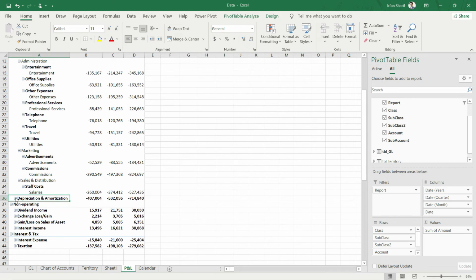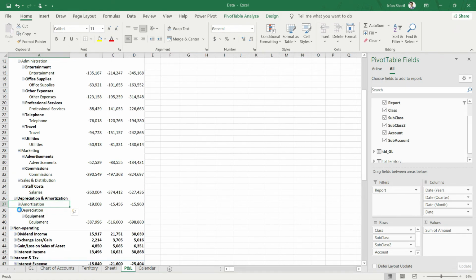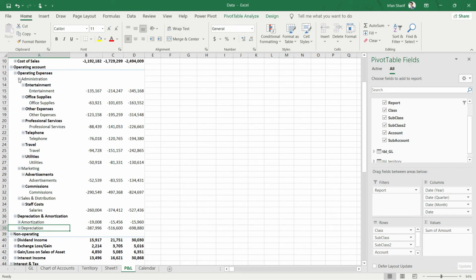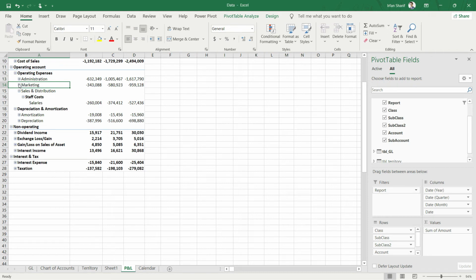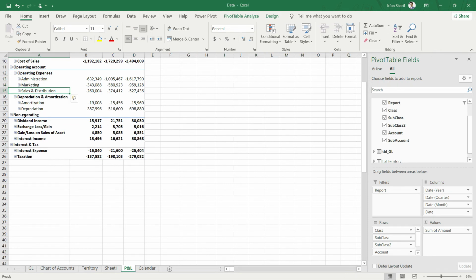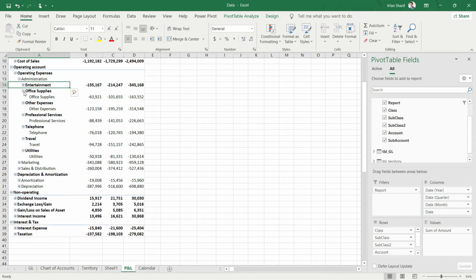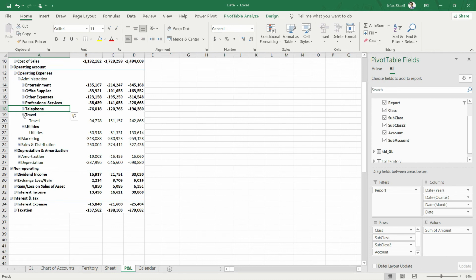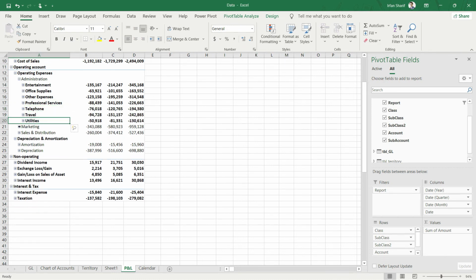And if you want to expand that, you can click back and you have the complete information on amortization and depreciation. Similarly, if you like to present only administration at the top level, you can shrink it back, and you can do the same for marketing and same for sales and distribution. But if you like to present them in a little more detail, you can do this as well. So this is a little slow process, but that is actually a one-time effort. Once you have done that, that report will be saved for you.